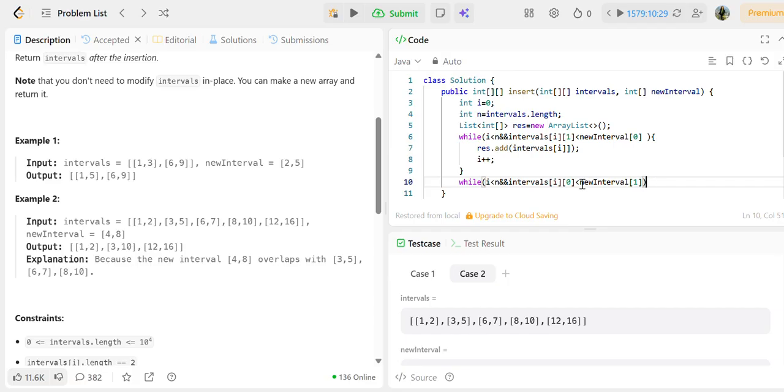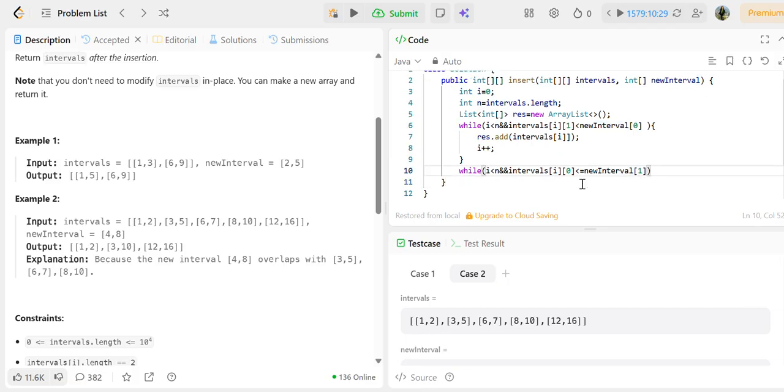So less than or equal to, because it can be equal, right? So less than or equal to, then we have to simply resolve this overlapping. So this new interval of I and new interval of 0, sorry,